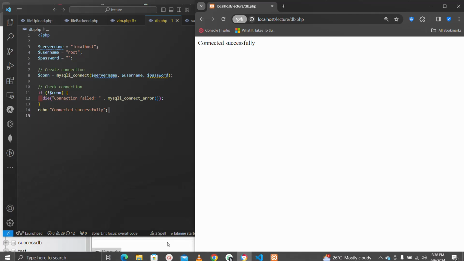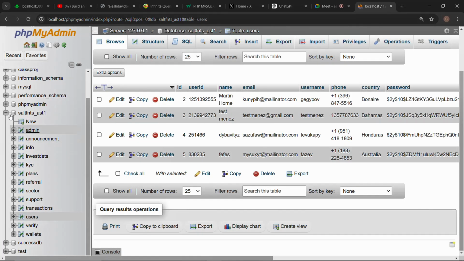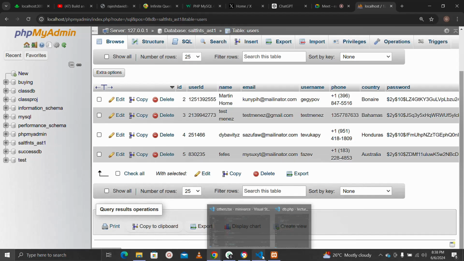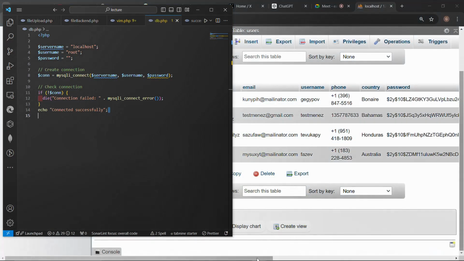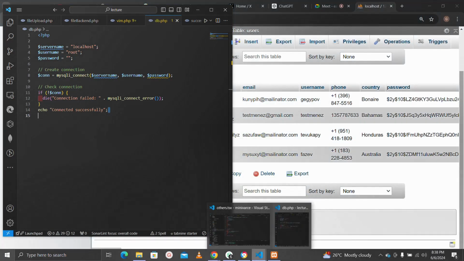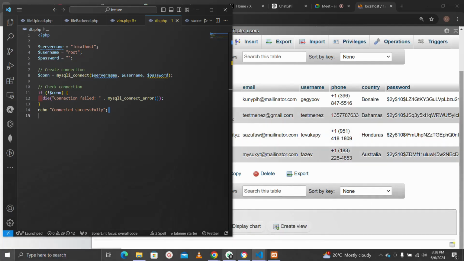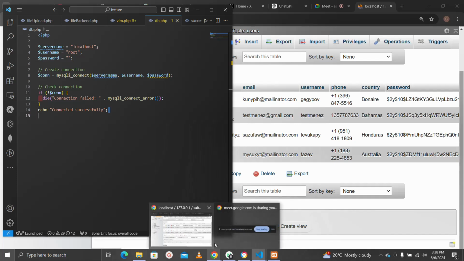So the next thing we need to do is create a database. The way I'll create it is from the code. We're going to use the code version first, after which we'll use the manual way by creating it from the database interface. So the next thing we're going to do is go back to my